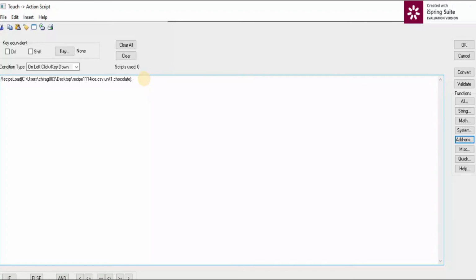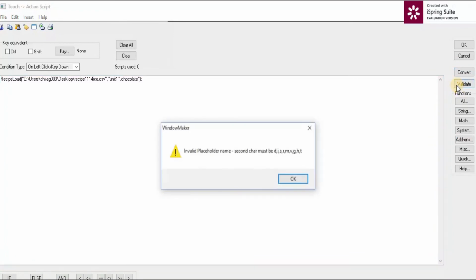But in this window we have to put our whole name in double inverted commas. There is no space. Once it's done, click on validate.